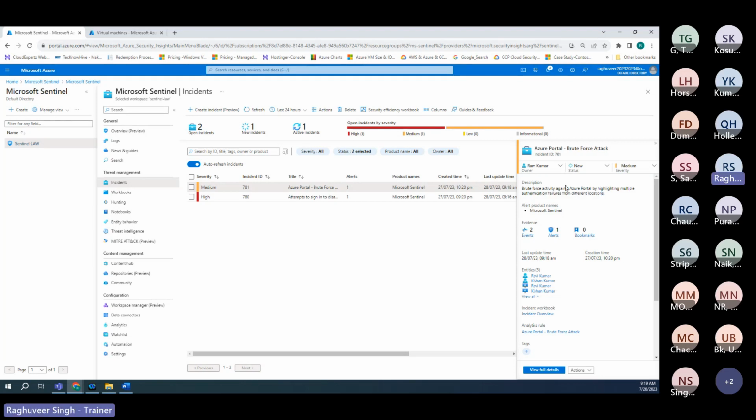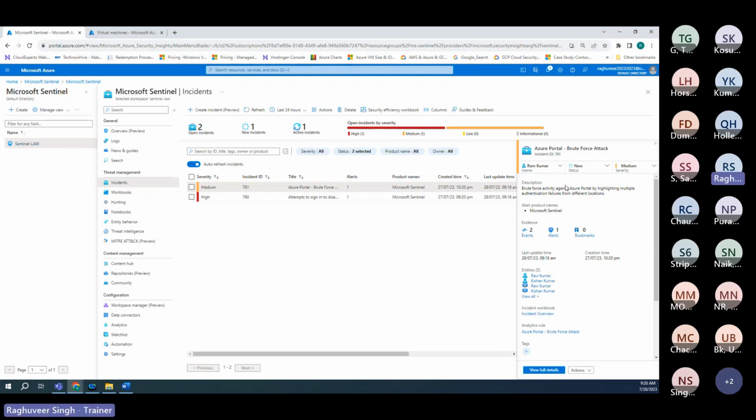Now, when you work on incidents, probably in the first few days, you will need to go through a lot of details before you share your final outcome of the incident, or before you close or forward the incident. But when you work with similar incidents time and again, you will have that comfort level. You will have a template that you have created. You will quickly put the information in the template and send it to the next person to fix it, because this incident is related to a brute force attack on